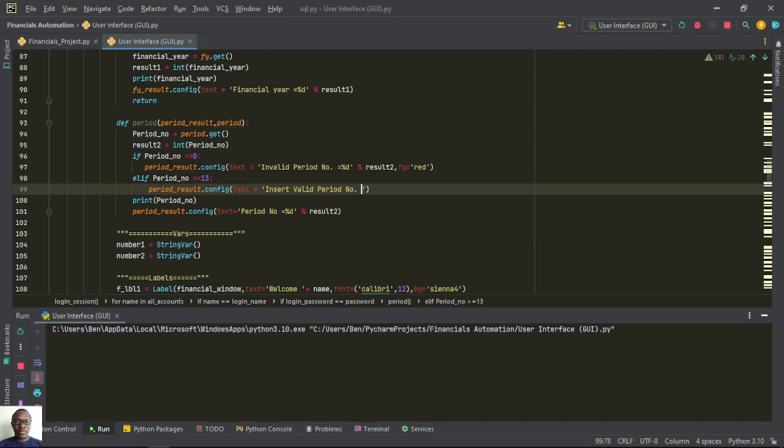Then we say your period number is, so we use again string formatting. So this one is result 2, then now FG is equal to red,